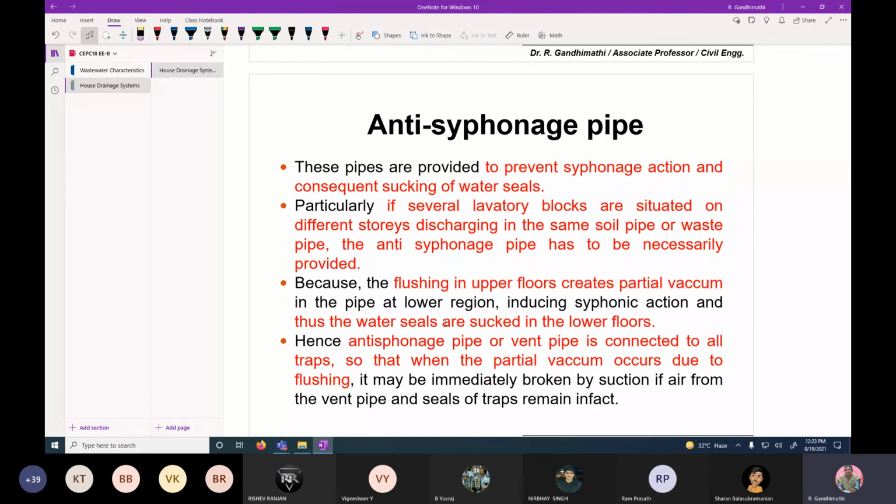For example, consider a multi-storied building. Maybe somebody is doing some flushing action on the 3rd floor. Because of that, it creates a lot of vacuum. Then it sucks the water from the lower floors. In order to avoid that, this arrangement should be connected with the anti-siphonage pipe. Particularly if several lavatory blocks are situated on different stories, discharging into the same soil pipe or waste pipe, the anti-siphonage pipe has to be